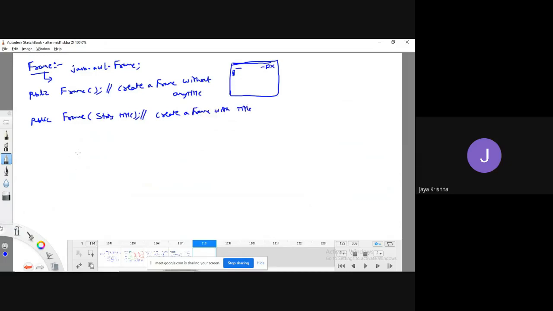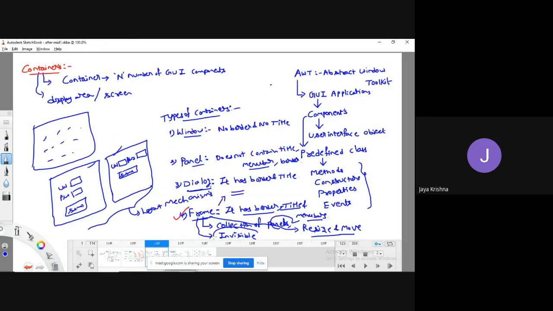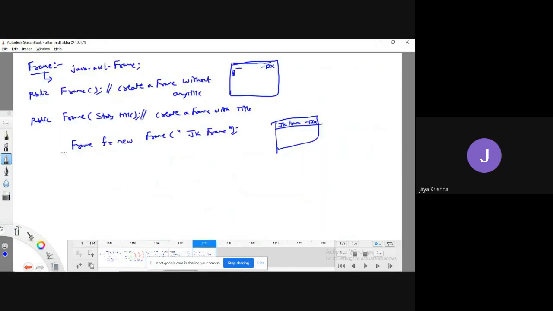For example, I try to create an object: Frame f = new Frame("jk frame"). Then it creates a frame. Guys, don't think it will look like this; here it will get the title jk frame. By default, as I said already, every frame is invisible. If you want to make it visible,